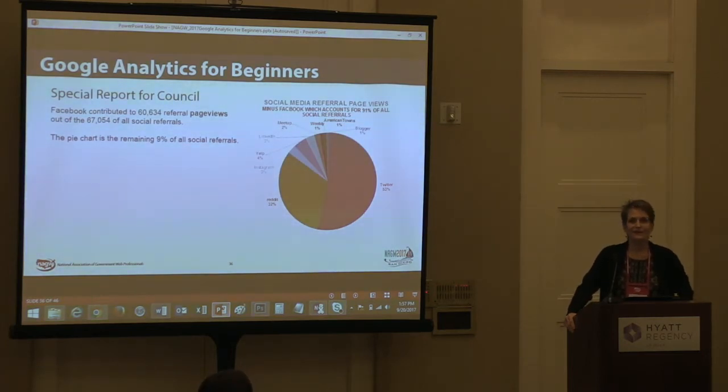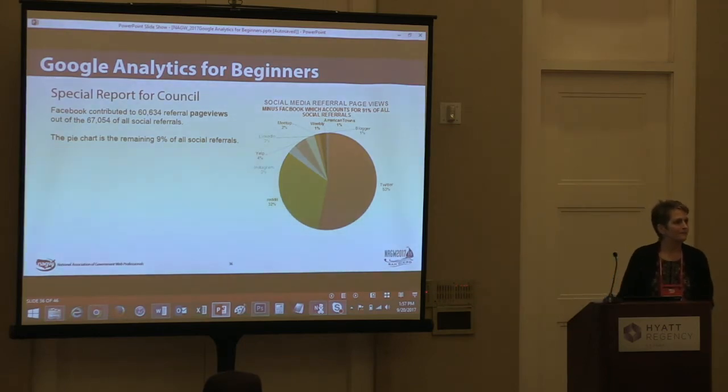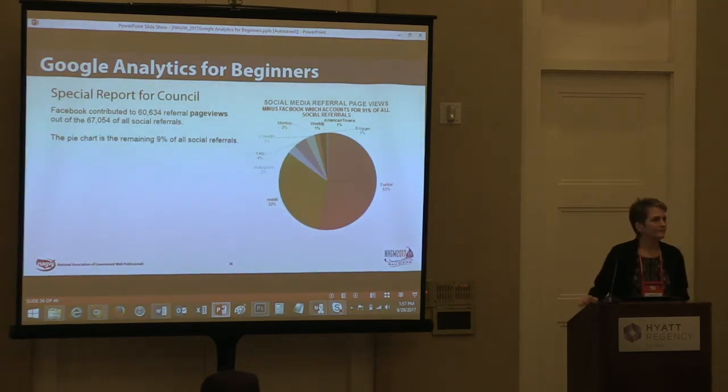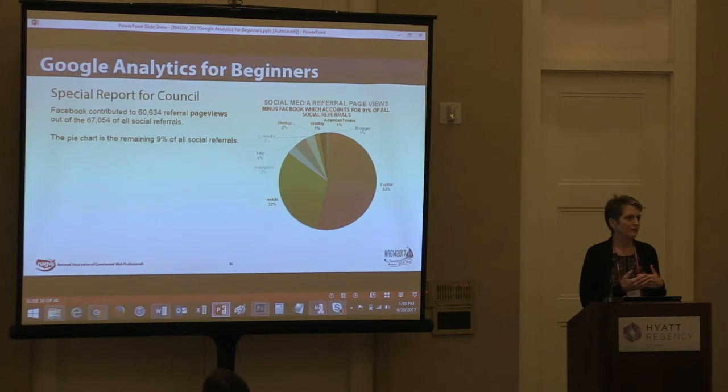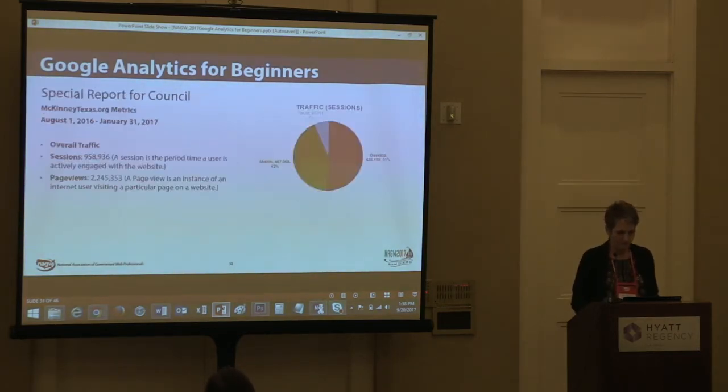Anybody else? Yes. The page names that you were talking about earlier, did you assign those with Google Analytics? No. So is it in your CMS? Yes. So the page names I actually do manually. They are in that left column. Let's see if I can get back to the report and show you.